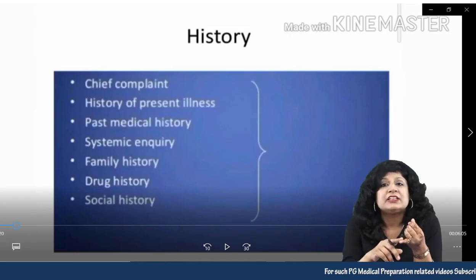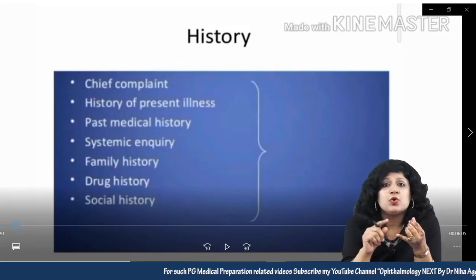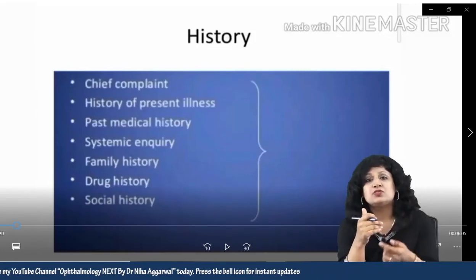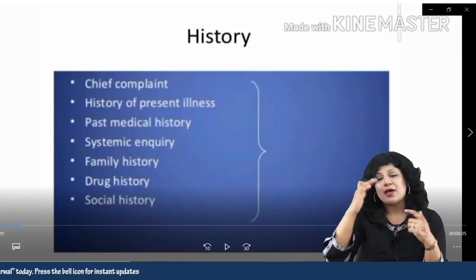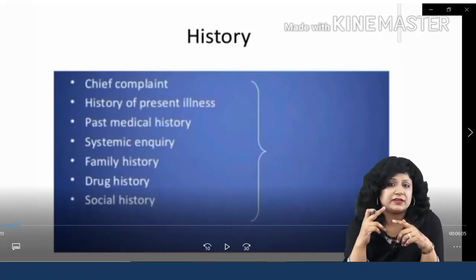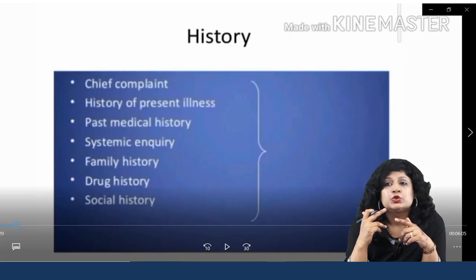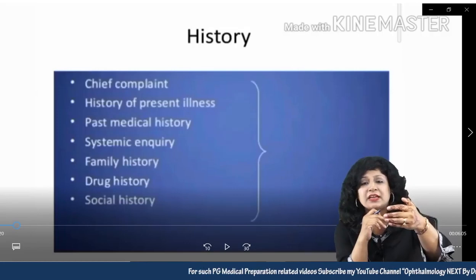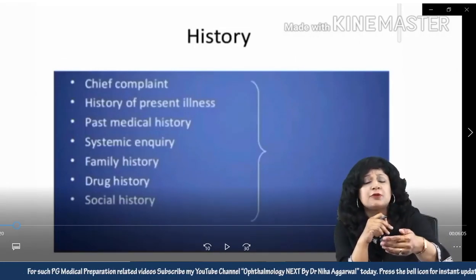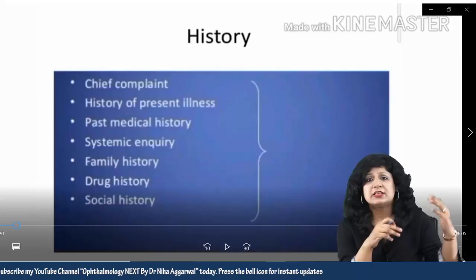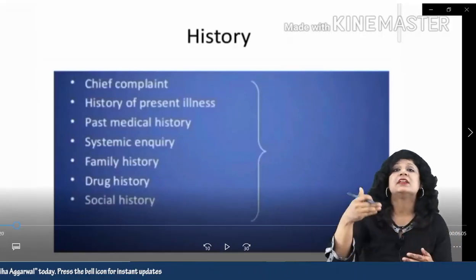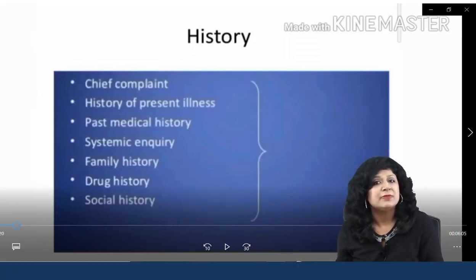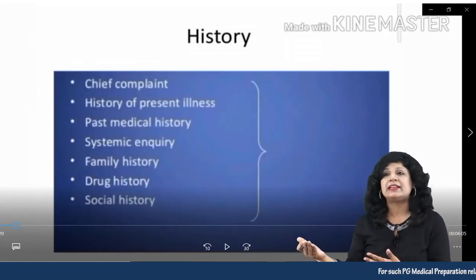Now once you have written the chief complaints, then you have to go to the history of present illness. So whatever are the chief complaints, you have to go back in the flashback and you have to see from where the complaint started, the history of present illness. So it's always good that you go to that time where he was not having any significant problem. So you start from there. Maybe you can say that the patient was absolutely fine 20 days back, patient was absolutely fine 10 days back, or patient was absolutely fine 1.5 months before. So you have to take it something like this.